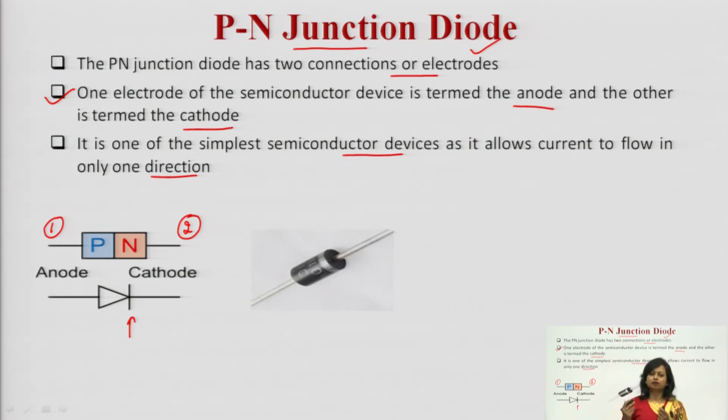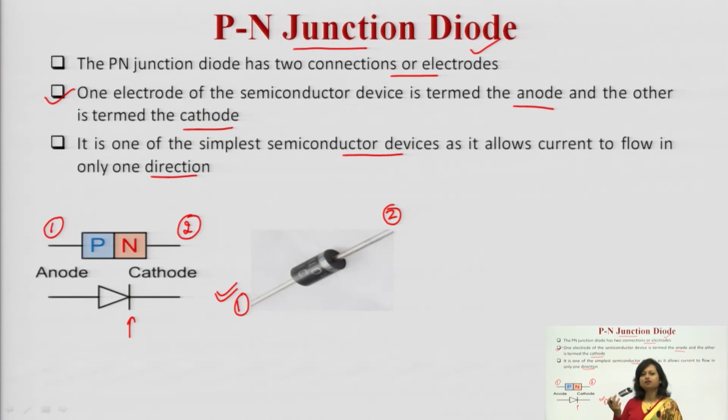In case you forgot which is the positive and which is the negative terminal, then with the help of this bar you can recall, the bar represents the negative terminal. This is the symbolic representation. But if you go to the laboratory and you get a diode, definitely there will be two terminals, the first terminal and the second one.